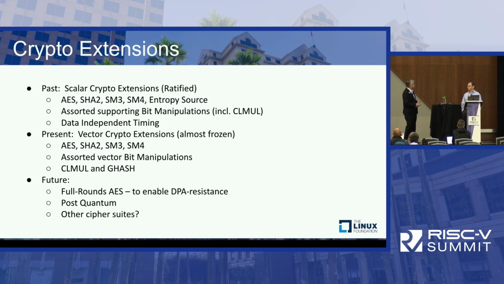And I'd like to remind people about our Scalar extension, which was ratified at the end of last year, and a big shout out to Ben Marshall and Markus, sitting right up here in the second row. And they created the Scalar instructions and the entropy source and the data independent timing specs that we got ratified last year. And as Ken is about to tell you, we're getting very close to freezing and then hopefully ratifying the vector spec. So there you go.